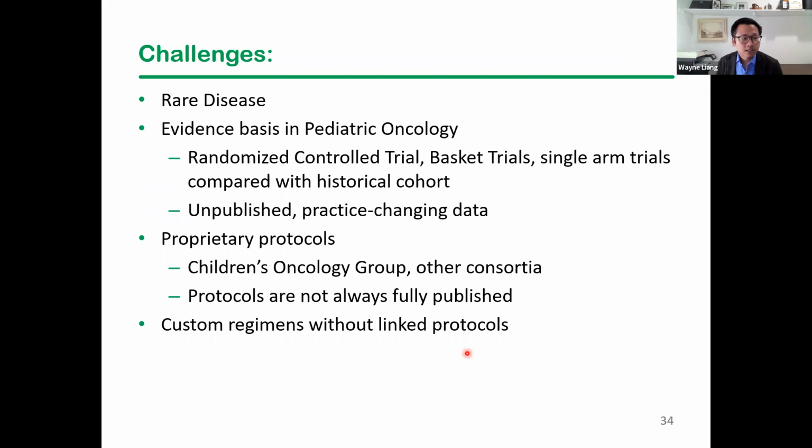Some challenges that we continue to face: pediatric cancers are rare diseases, and therefore some of the evidence that we would like is just lacking compared to adult trials, where you can easily enroll the number of patients you want with just a few sites. We're not always able to do randomized controlled trials. Sometimes we have to do a single arm trial to enroll enough patients and then compare with a historical cohort and just assume that they're similar enough that we can do a comparison. And we often do basket trials where there are multiple comparisons in a single trial because, again,